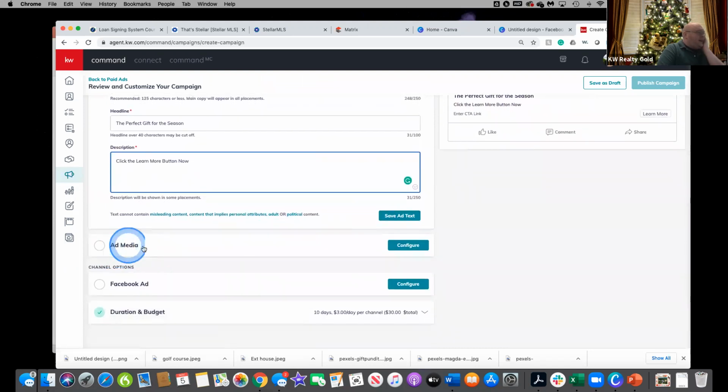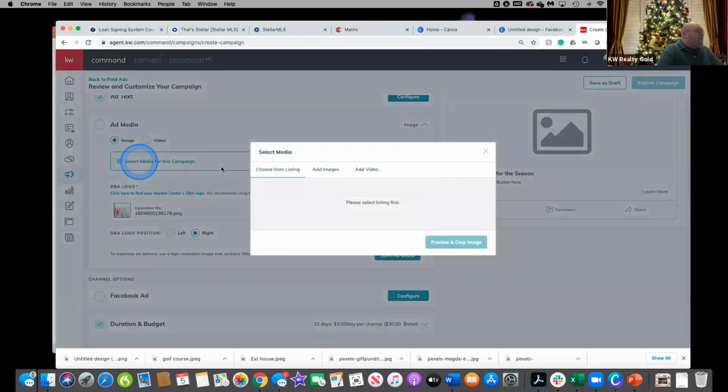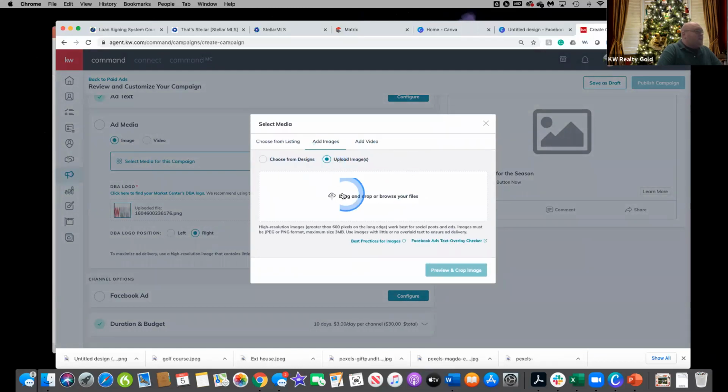So I'm going to go down to Add Media, and I'm going to click Configure. This is if we've chosen a listing, it would pop up all of its pictures inside of here. We didn't choose a listing yet, so I'm going to put in an image. So I have this selected as an image. I could also put a video in here. I'm going to select media for this campaign, and then I'm going to choose Add Images, and I'm going to upload the image that we just created